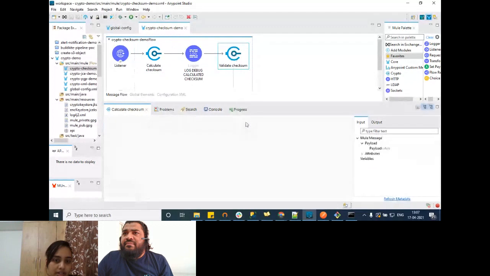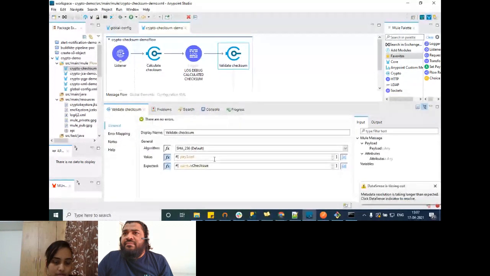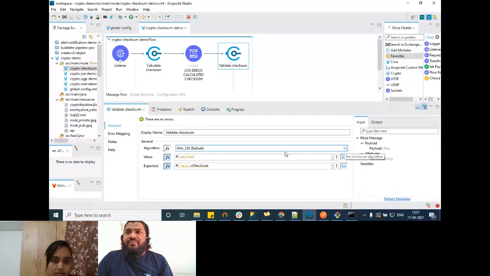Similarly for validate, we have the expected value and the value which needs to be evaluated, and the algorithm has to be passed. Basically, it's to ensure that data is not being impacted during transmission.